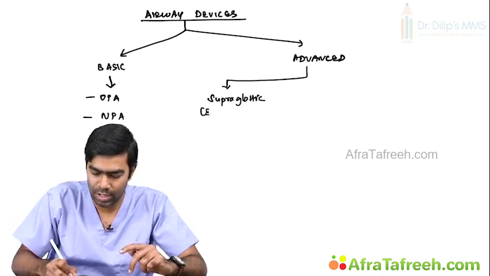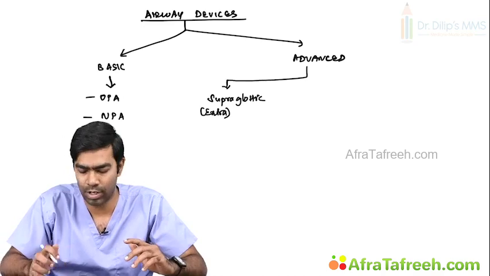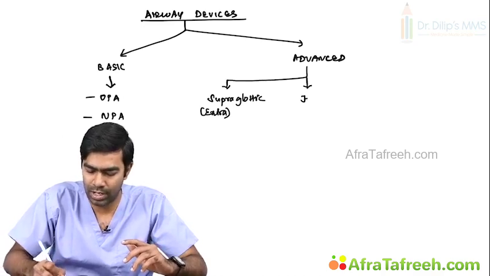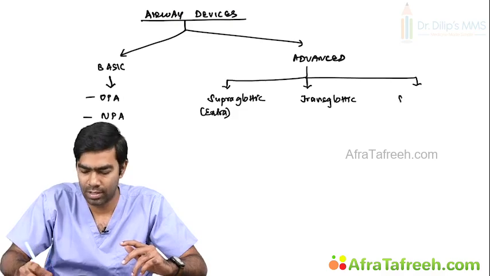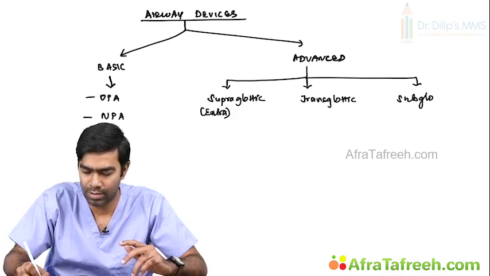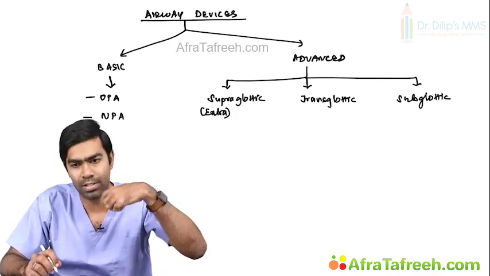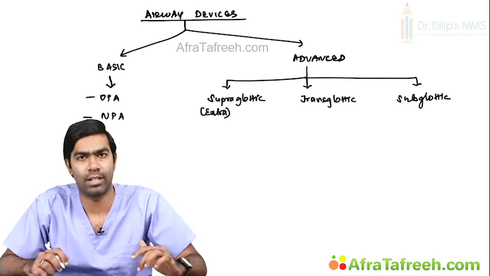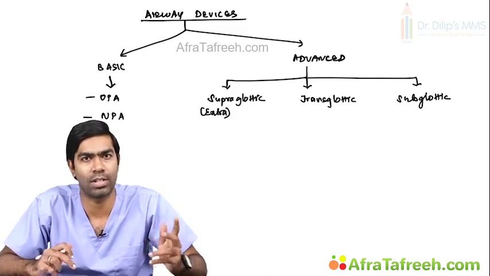Or even they are also called extraglottic devices. Or supraglottic device is the right name, supraglottic airways. Or it could be transglottic devices, or probably the third thing, the subglottic airways, below the glottis. Transglottic means those are the airways that pass through the glottis and enter the trachea. Subglottic means they don't cross the glottis at all, but they will be directly placed in the subglottic region into the